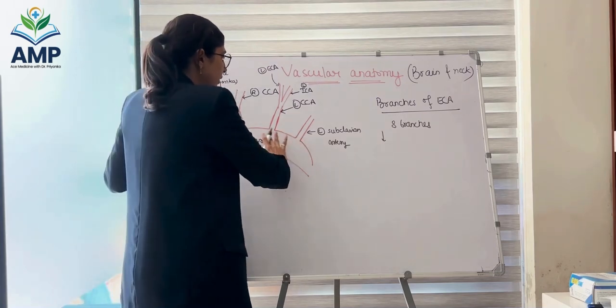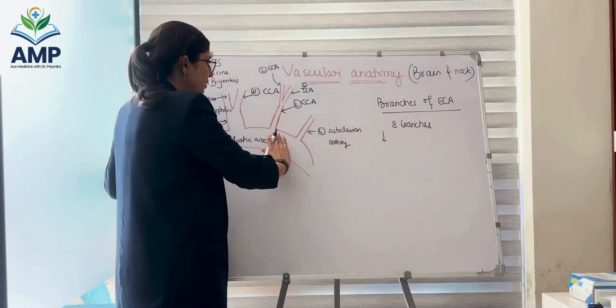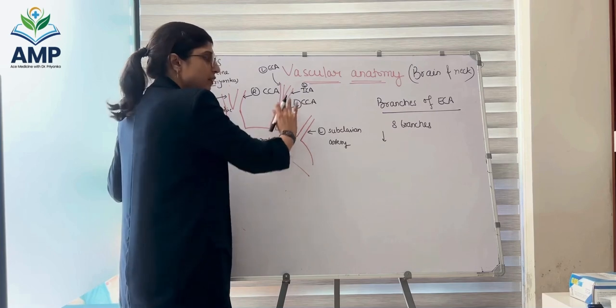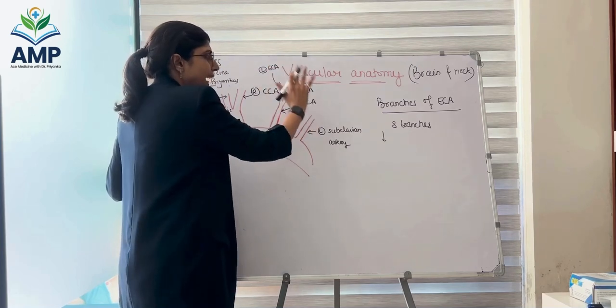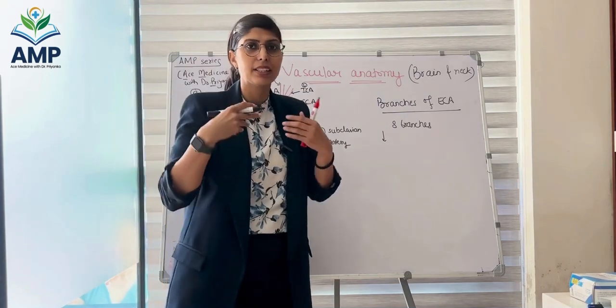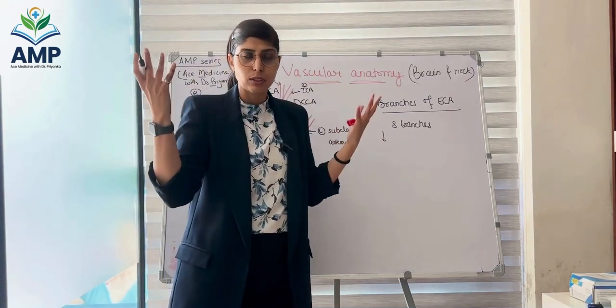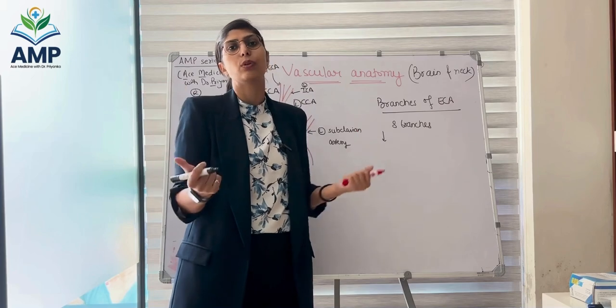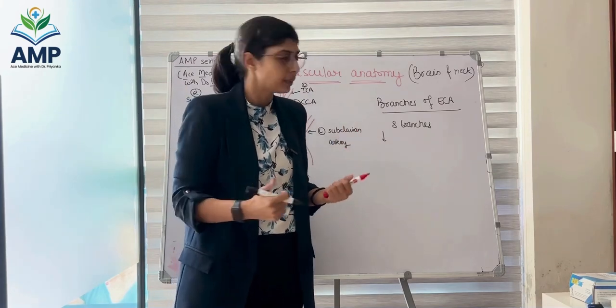On the left, there is no brachiocephalic trunk. There is the left common carotid artery, which will divide into the external carotid and the internal carotid. And then there is the left subclavian. The common carotid gives the vascular supply to the brain, and the subclavian is going to give supply to the upper limb and the chest and the trunk.